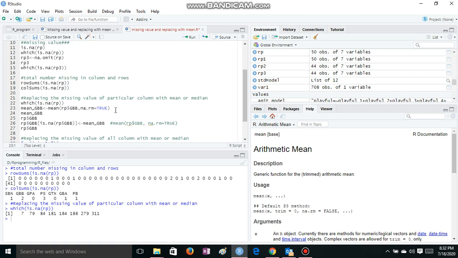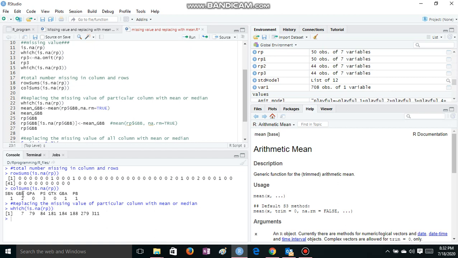Next is finding the mean value. Our intention is to replace NA in a particular column with a mean or a median, right? Here I'm first calculating the mean of that particular column without NA, right? So here mean underscore GBB is a new variable I am trying to create, which will store the mean value of the column GBB.